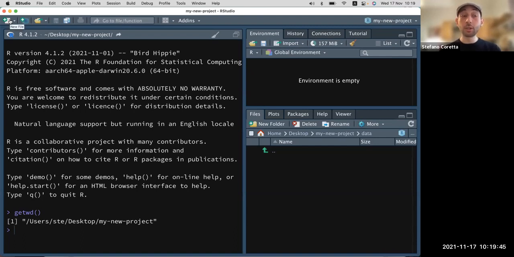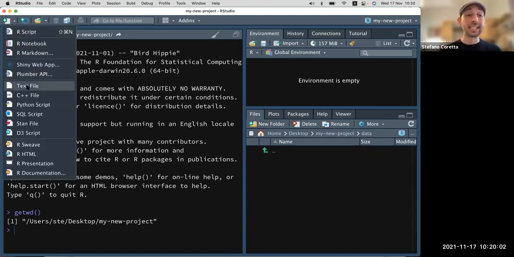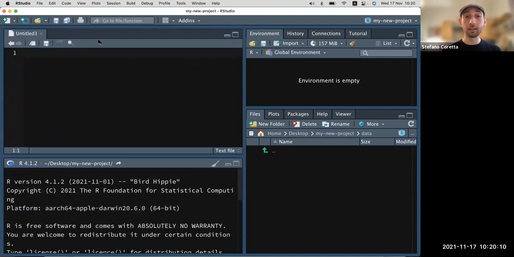What we're going to do now is we're going to create a teeny tiny data table and save it in that folder, and then we're going to read it in. And to do that, you can just click on New File, top left corner, and you click on Text File. Once you click on Text File, you will see that a new empty file is created and opened in the editor panel. The file is not saved yet. It just exists in the hyperspace. It's not saved anywhere in your